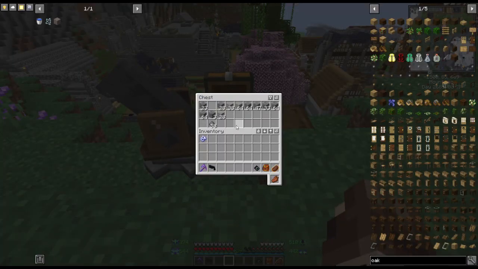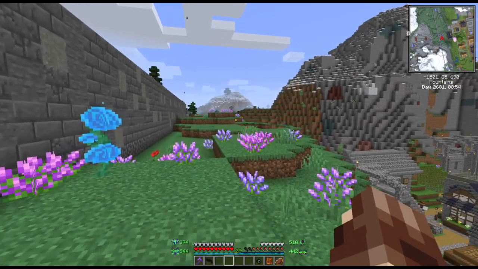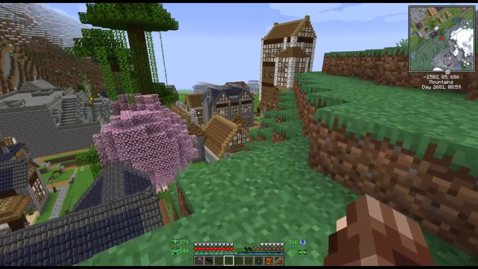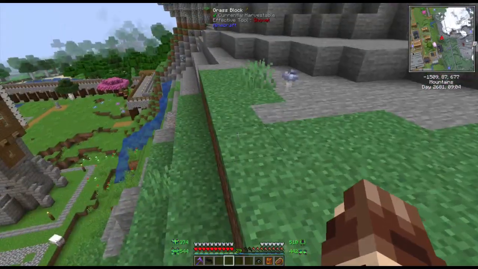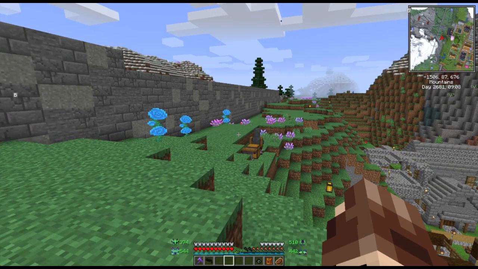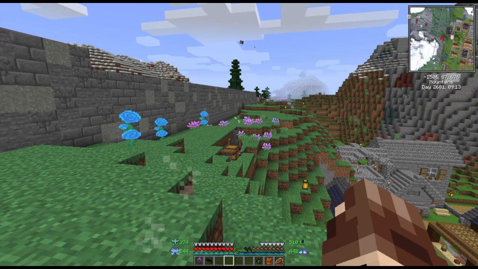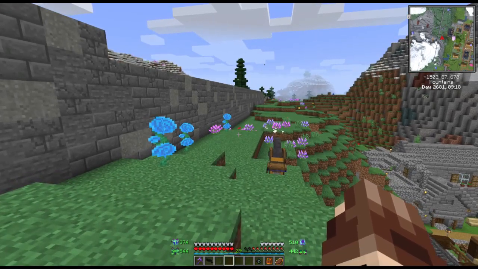Now, the nice thing is this thing, when it runs out of whatever it needs to put the blocks over there, it'll actually just stop and tell you what block it needs. As soon as you provide it, it'll go right back to working again until it either A, runs out completely, or B, gets the thing done. So as long as you continue to give it, it will